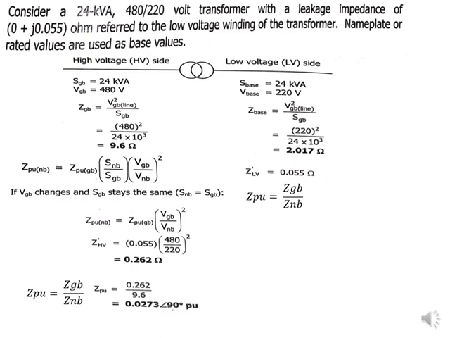And that is going to be the Z given base over the Z new base, which is going to be the 0.055, which is a given base. And then I divide by that Z base, which was the 2.017 ohms. And that gives me my Z per unit is also 0.0273. So when you look on your HV side, look into your low voltage side, you can clearly see that